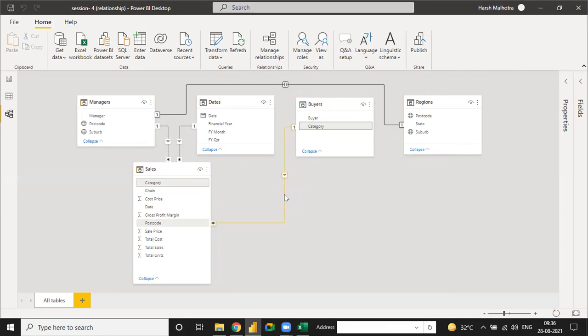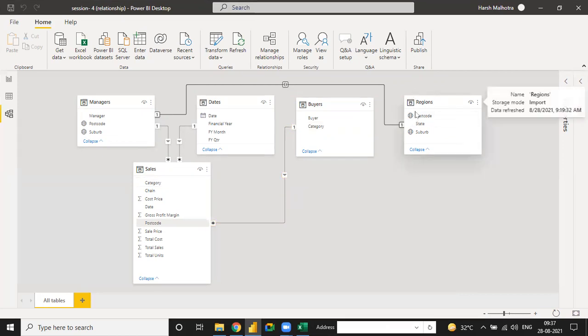Many-to-one we use when we have a fact table as well as a dim table. One-to-one we use when both tables for the connection are dim tables, which have unique values. Under the region we have a postcode, and the postcode has a unique value. Under the manager we also have a postcode with a unique value. But under the sales table, the postcode has a number of items. One unique value appears a number of times. Germany is located a number of times, Australia a number of times, India a number of times. So that is the reason to use one-to-one or many-to-one.